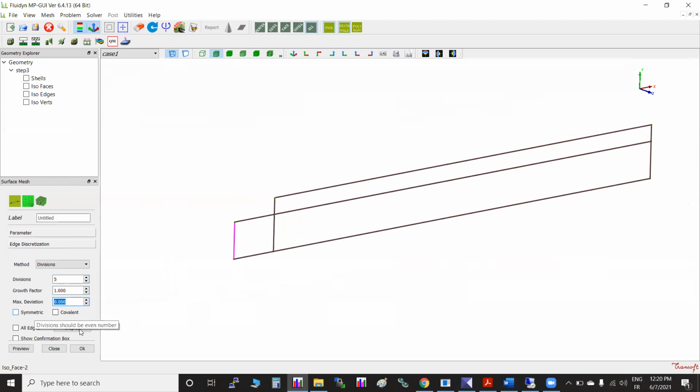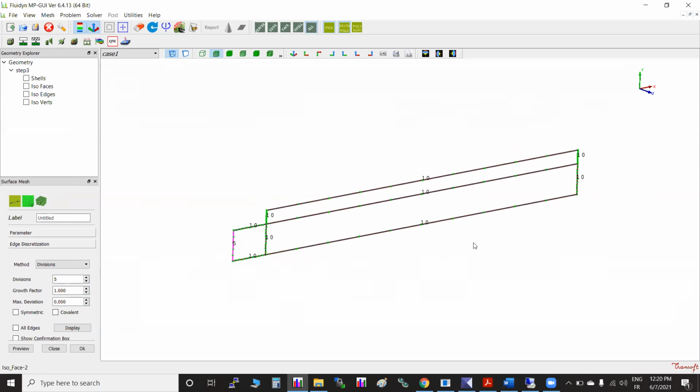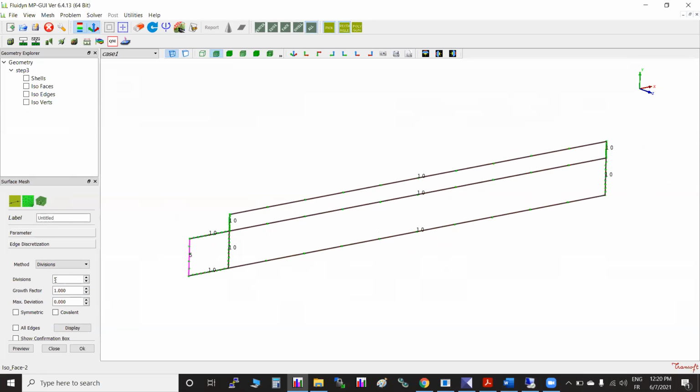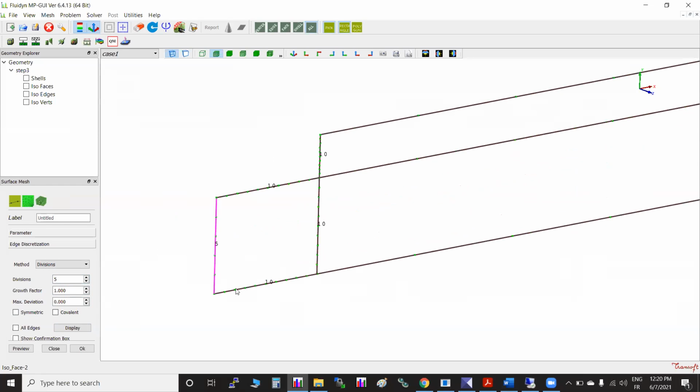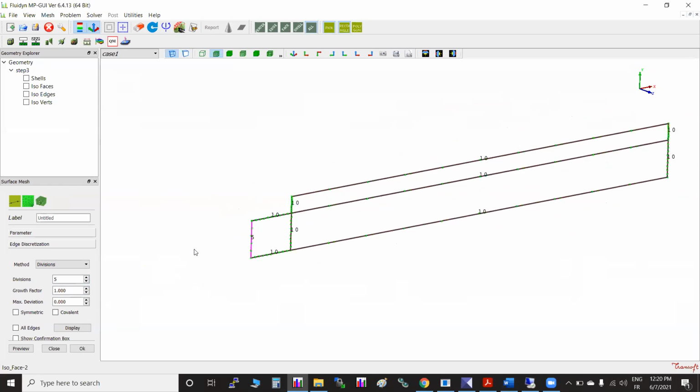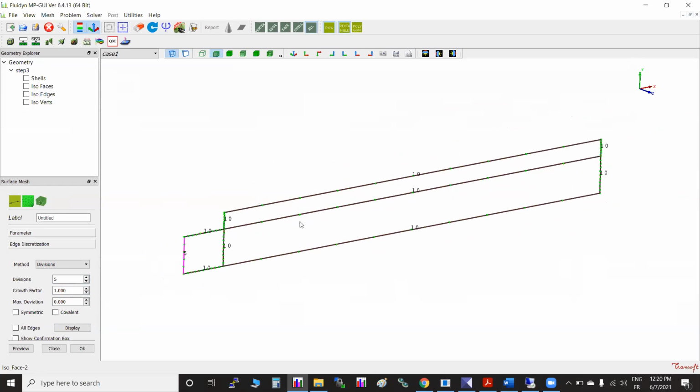And I'll just display it. Display is nothing but creating it. So 5. Everywhere else by default it is taking 10, as 10 was the default here. But wherever you are selecting, it is taking 5. Now 5, 5, 5. We need 5, 5 in this direction, and the next direction. This is a very cumbersome exercise, right? You cannot select one edge and make sure of each one like that.